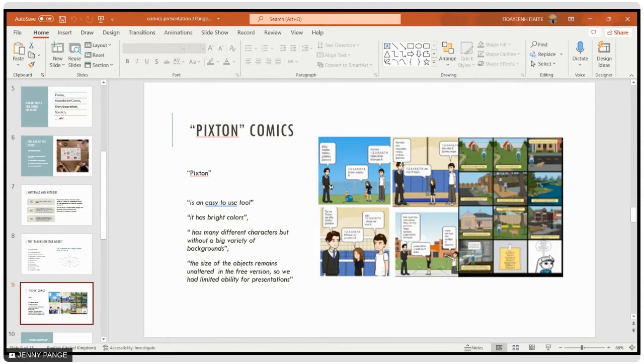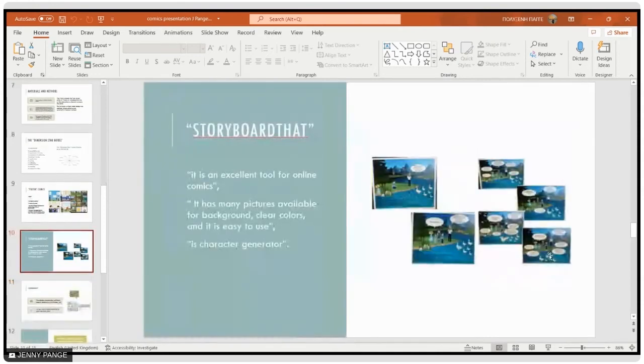The size of the objects remains unaltered in the free version, so they had that unlimited ability for different kinds of presentation. And then, as you can see in that picture, students used limited pictures, and they used these objects the Pixton offered. In Storyboard That, they said that this is a very nice tool.